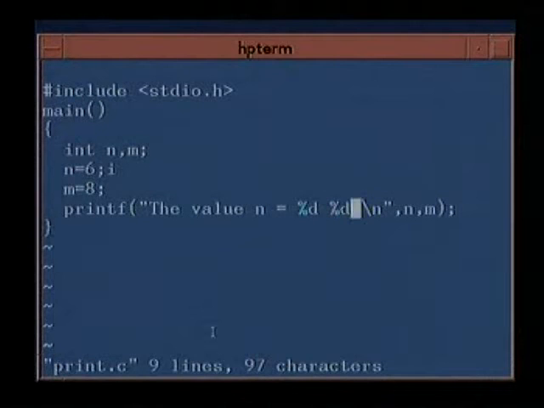So this means it will print the value of n is equal to, it will print the value of n, and in the next place it will print the value of m. So if you want to write m also, then you will write like this. So it will print the value of n equal to, and it will give the value of n here, and then m equal to the value of m here, because first n and then m will be printed.